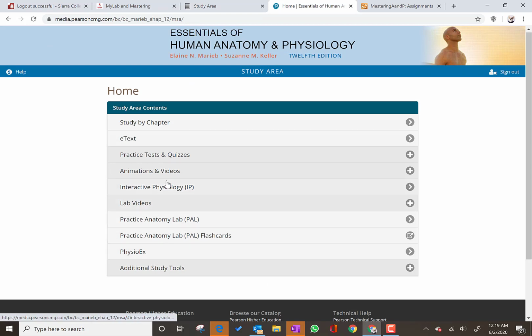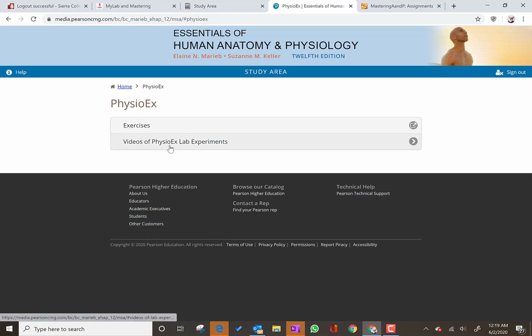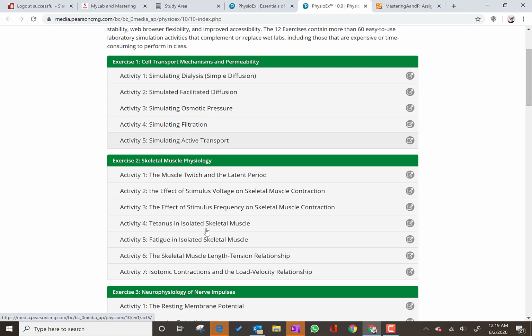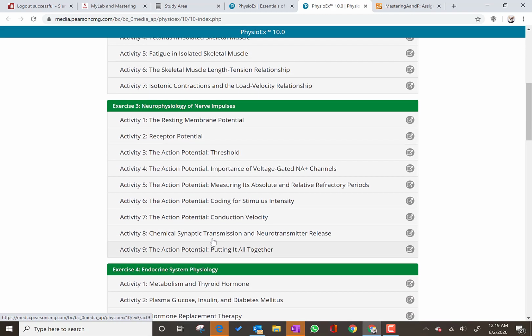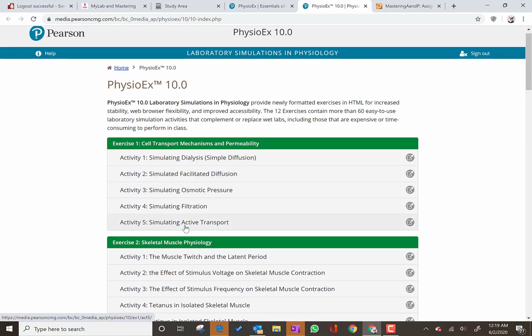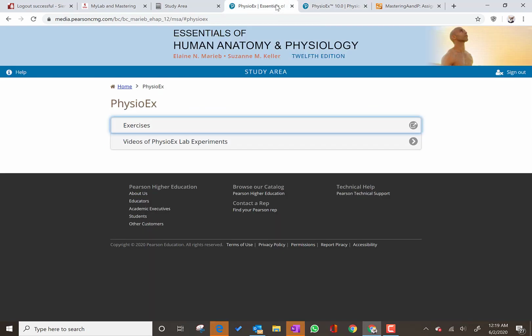PhysioEx. Actually, I kind of messed it up earlier. PhysioEx is where we do all of our lab experiments. So you have these PhysioEx simulations here that I will give you directions for later, but you will end up at this page again to do some of the activities. Okay, so